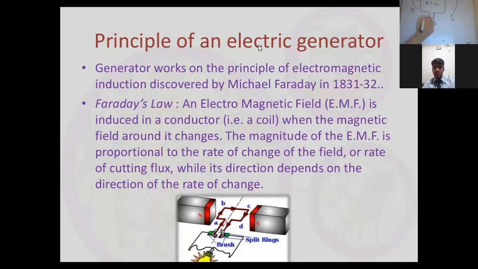Now here we have the carbon brushes, C1 and C2, two carbon brushes to harness the energy which is produced within the coil. Then this coil is not connected to any battery source, it is connected to a bulb, so that we can find out, once the coil rotates, whether electricity is really induced in the coil. If the bulb glows, then the current is induced in the coil, right?